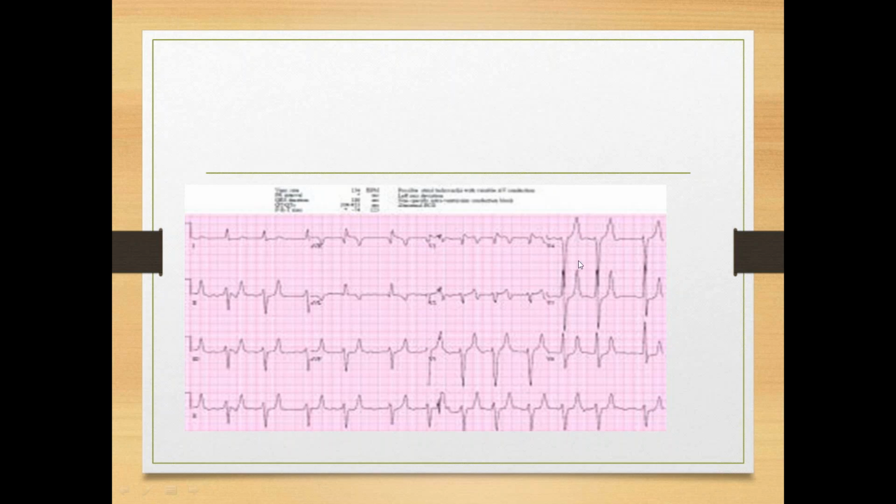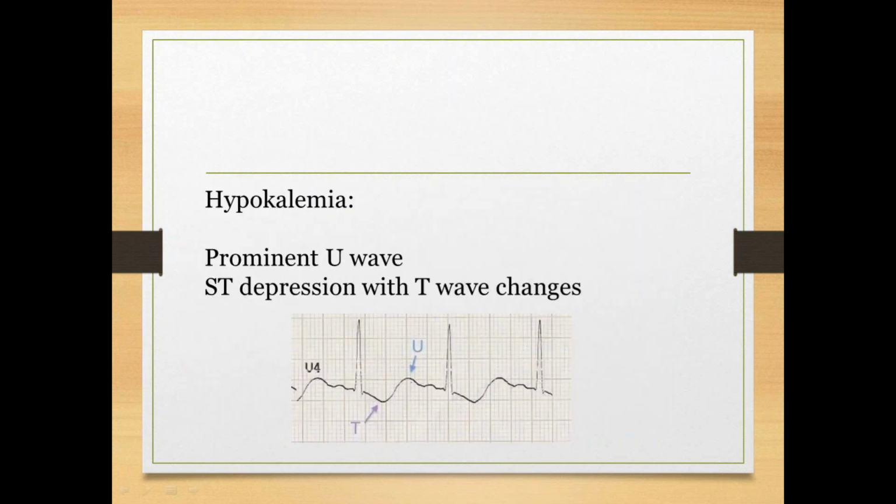Tall and tented T waves. This is an ECG finding of hyperkalemia. Coming to hypokalemia, that is less than normal potassium value in the blood, you can see prominent